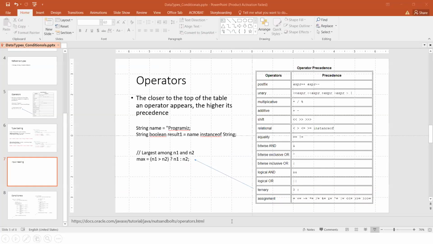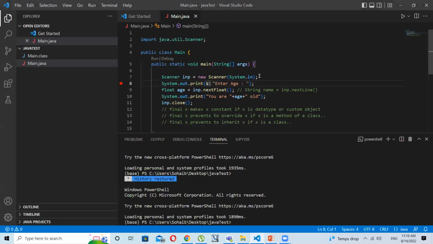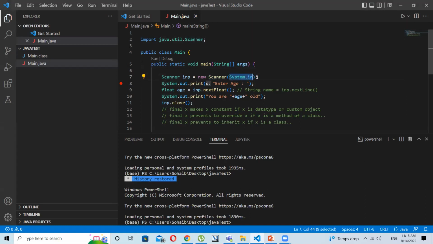Right, so the next thing that I'd want to talk about is how to read inputs from your main Java program. For that, we will need a Scanner class, which is defined inside the java.util package. And then what we can do is instantiate a new object of Scanner and then pass whatever your